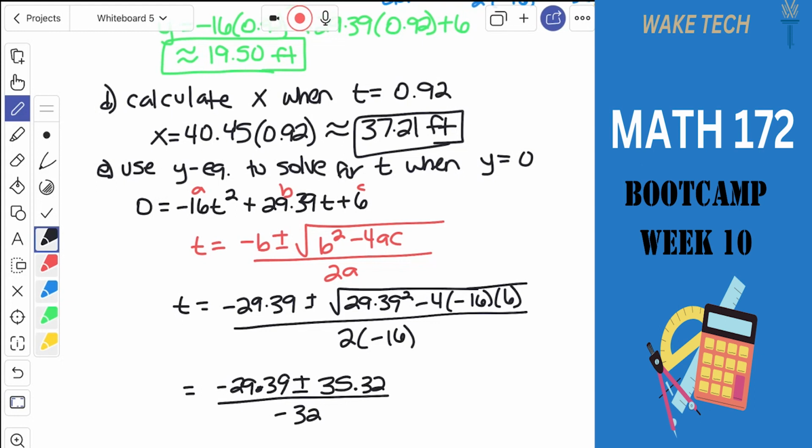So what we've got here, though, is we're going to get two answers. Negative 29.39 plus 35.32 divided by negative 32 gives us negative 0.19 seconds. If we use the minus part, we get 2.02 seconds. Since we're talking about a time, the time the ball reaches the ground, the negative answer doesn't